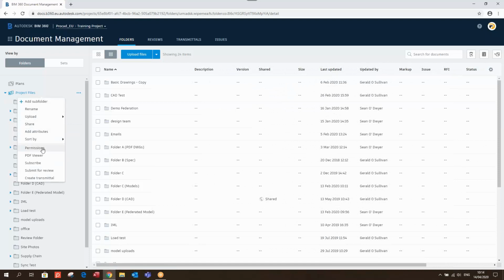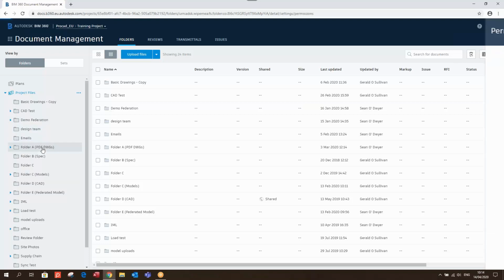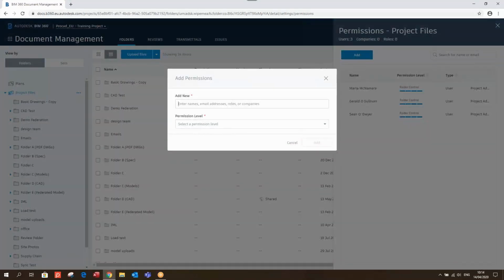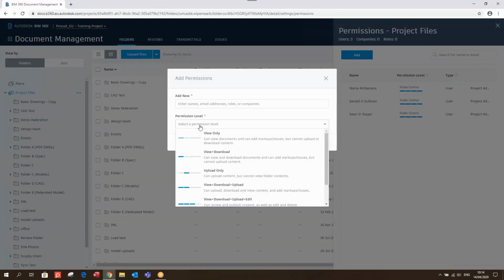So to go down further, you have permissions, and like I said, anyone who is added via permissions is more project admin. You can see that myself, Maria, and Sean are the only 3 users inside here who have access to the full contents of the project files. If I wanted to add someone else, you simply go add, type in their email, and give them their permission